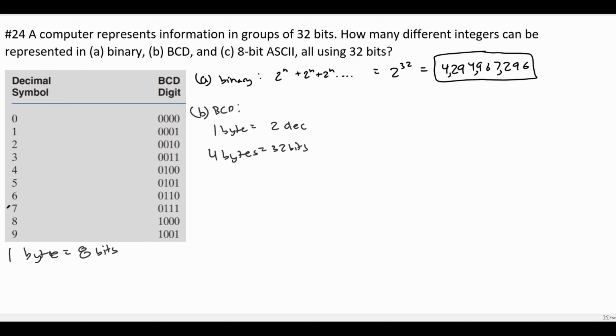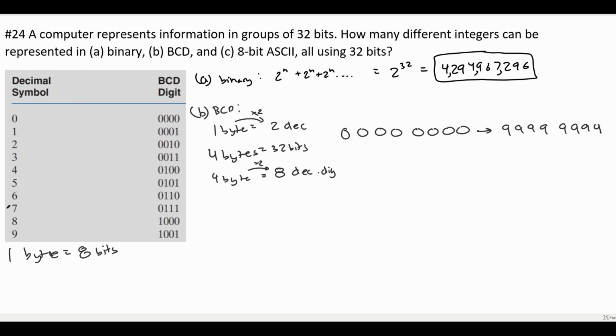Well, if 32 is our limit, if we have 4 bytes, but we were to write it out in decimal digits, we would basically be multiplying this over by 2. So we would be getting 8 decimal digits. And for all the different possible combinations, because this is asking us how many different integers can be represented, we would have 0, 0, 0, 0, 0, 0, 0, 0. So we have 8 zeros because we have 8 decimal digits, and we could have as many different combinations all the way up to 999,